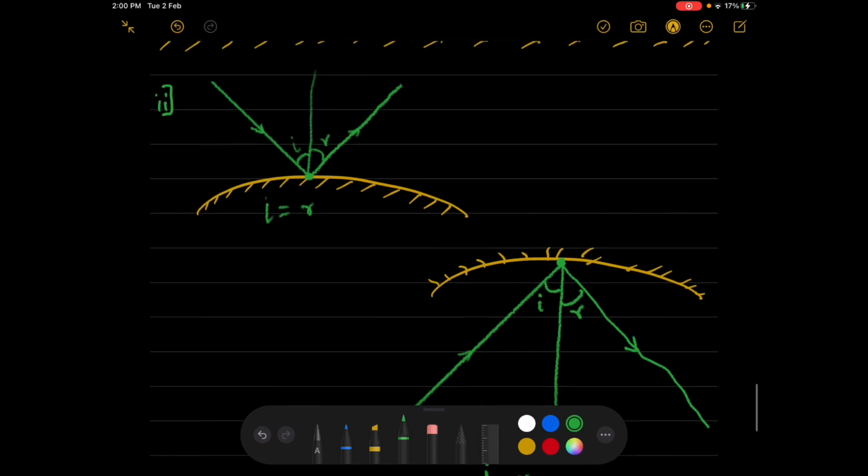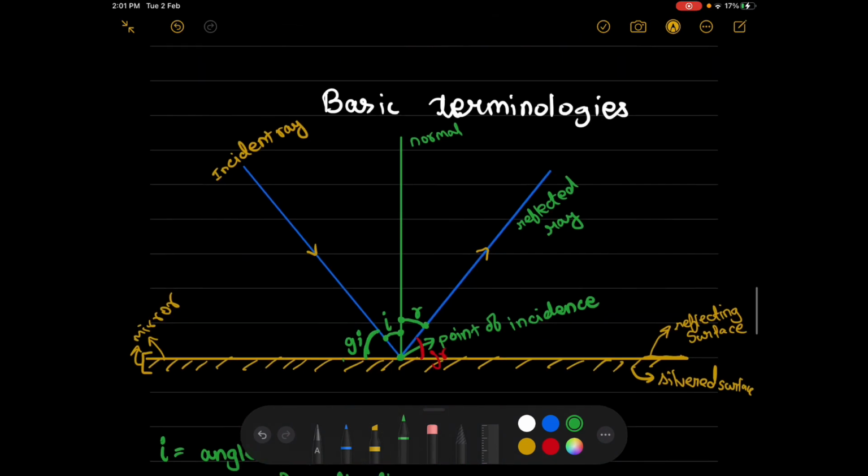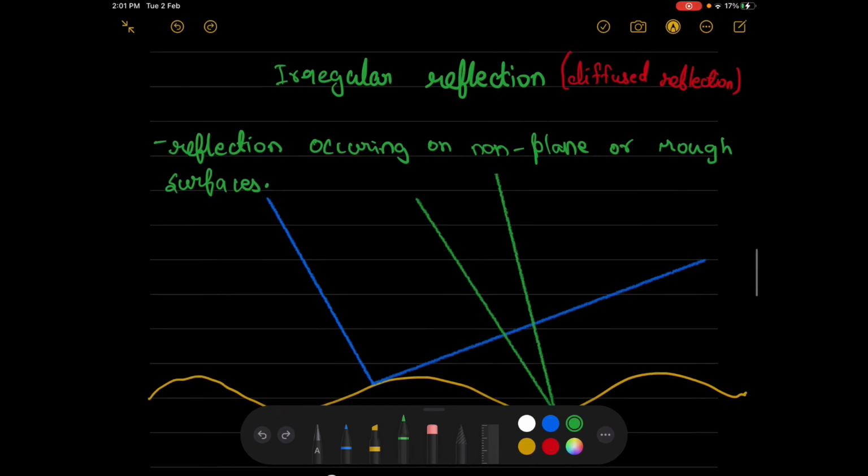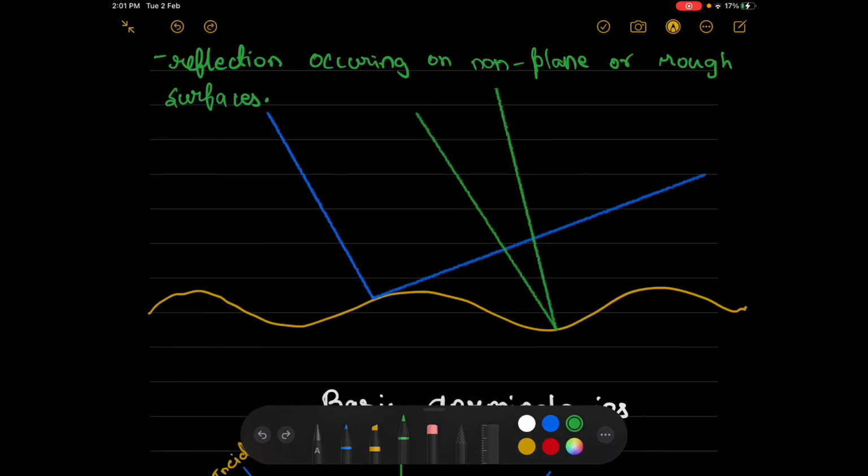Now you might be thinking, what is the connection of this with this? So there's a huge connection over here. Irregular reflection, what I was saying, that it bounces somewhat like this, wait, this one bounces somewhat like this. So this is not actually the original case. Over here also they follow the laws of reflection, right? Because just now I showed you spherical mirrors, so take this as a spherical mirror as well. You can take it, right? Because this part is curved, so even this would follow the law of reflection.